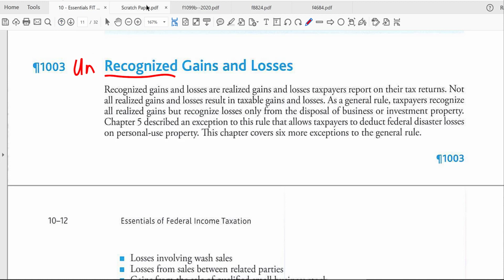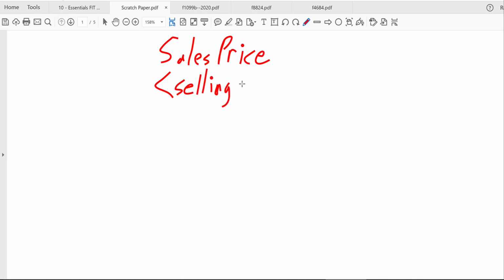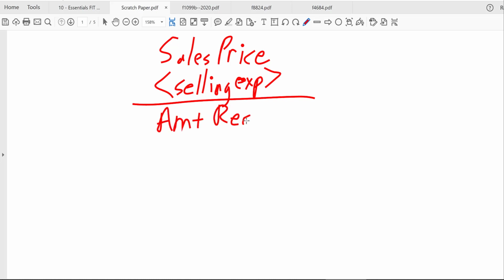Let's take a look at our gain and loss formula one more time, where we start off with the sales price of the property we're selling. Remember, this is all the different benefits, including cash that we're getting, possibly even other property we're receiving from the buyer of our property. And we subtract out the selling expenses. In the case of real estate sales, probably the largest selling expense would be the sales commissions you pay the broker. And here we get the amount realized, from which we subtract out the adjusted basis of the